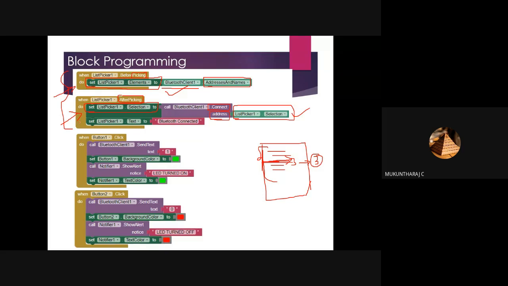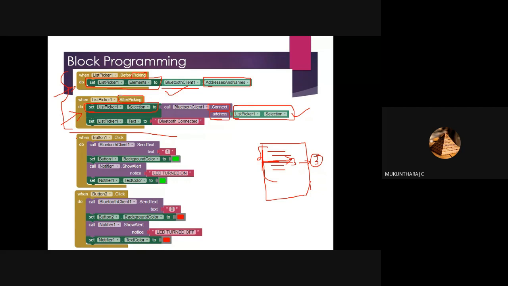These two rules are very important while you work with Bluetooth. So you must use a list picker. Before picking, we must give a rule for what it should do, and after picking, we also have to provide what it must do. Till this point everything clear?